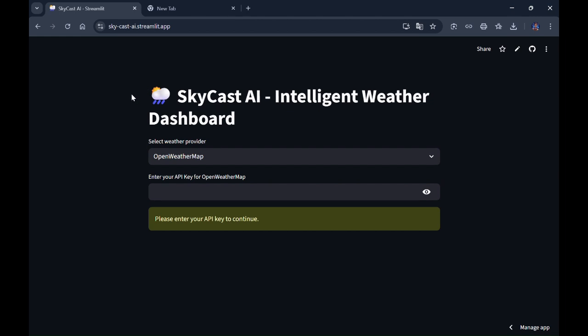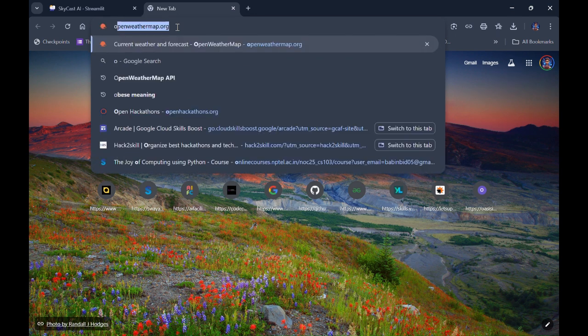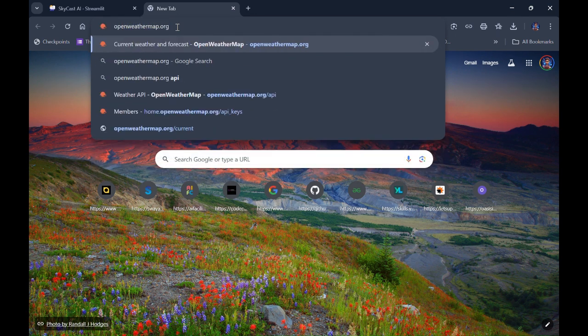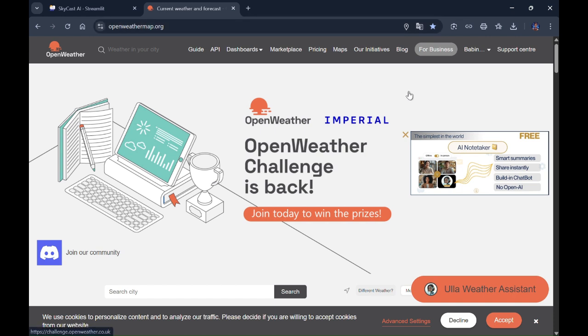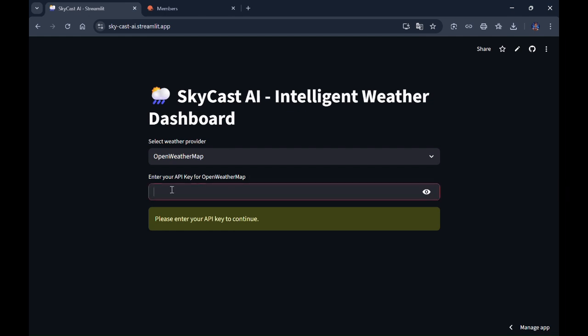Okay, so just see. Whatever you need to search, openweathermap.org. As I am already logged in, I have my own API key. After signing in, you will see your name over here. Just click on it and go to My API Keys. Here you will find your API key. So just copy it,